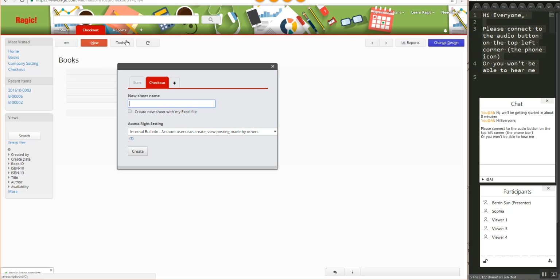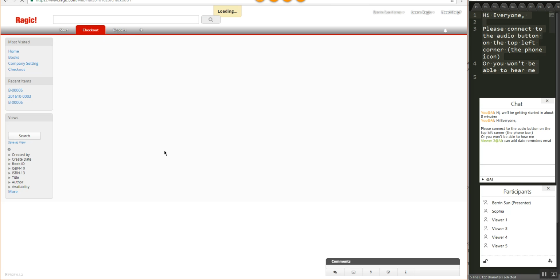So if I create a new sheet for the checkout, alright, we will add date reminders. Actually, a good way to do that would be to send an email to the person who checked the book out and then say that it's due in 5 days or something like that. We can do that in a bit. Alright, I'm going to create the checkout sheet,